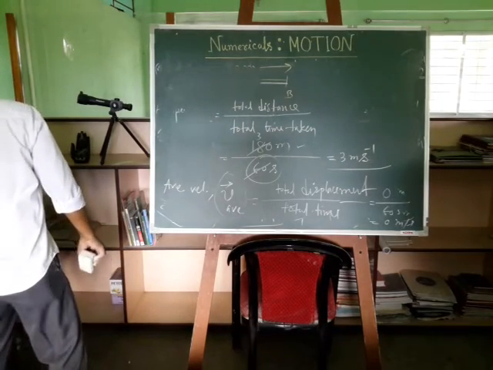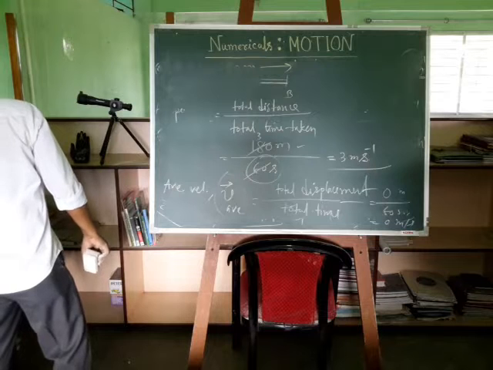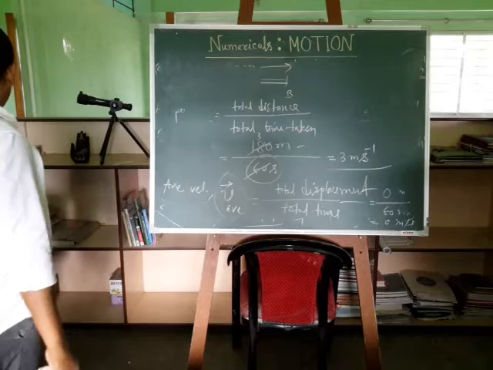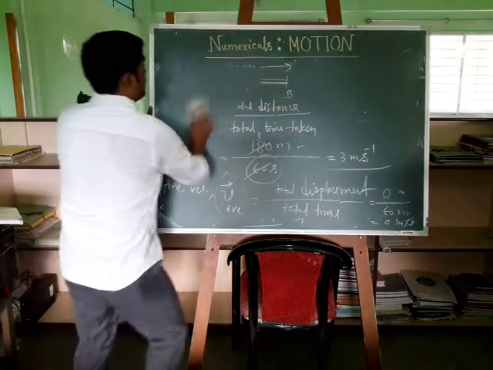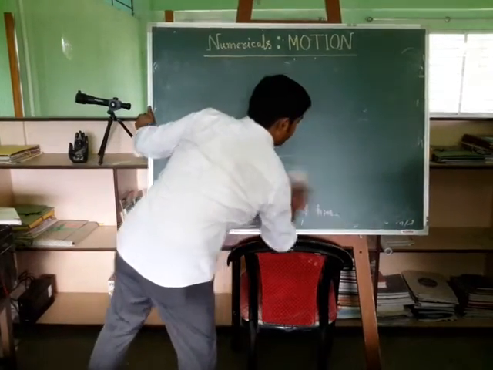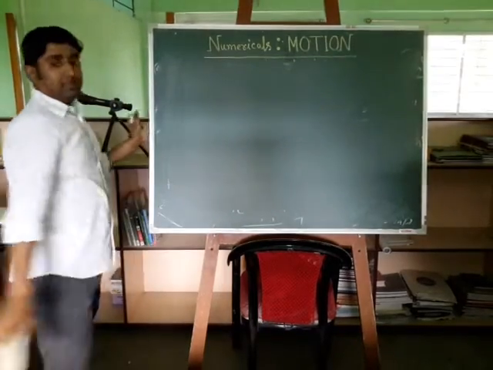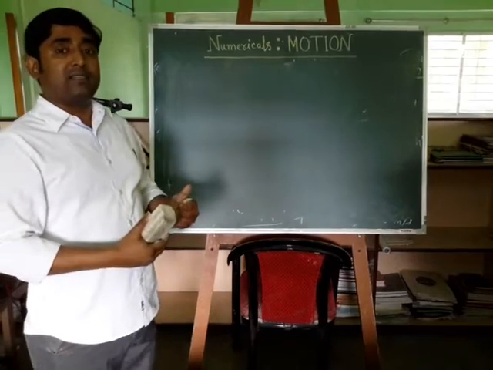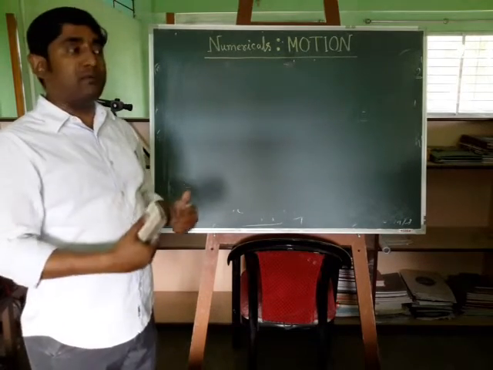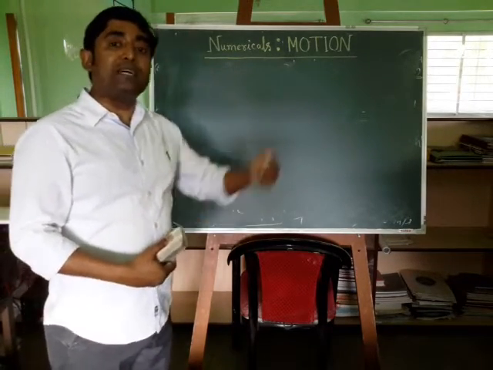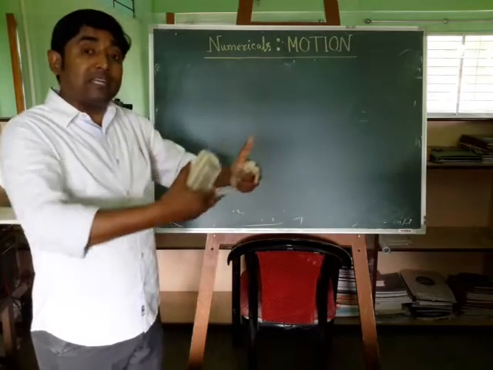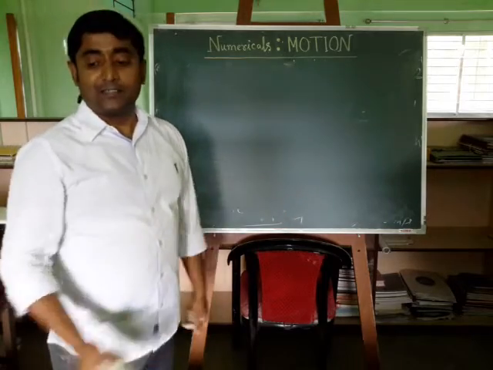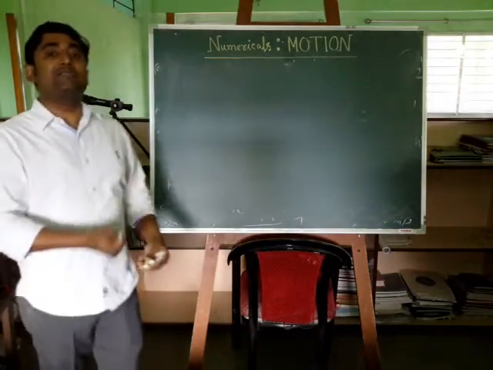Alright. From 30 to 40 in 2 seconds. Next problem. Suppose you are riding a bike and you are traveling with the velocity 30 meter per second. And in 2 seconds, your velocity is increased to 40 meter per second. Question is, what is the acceleration?